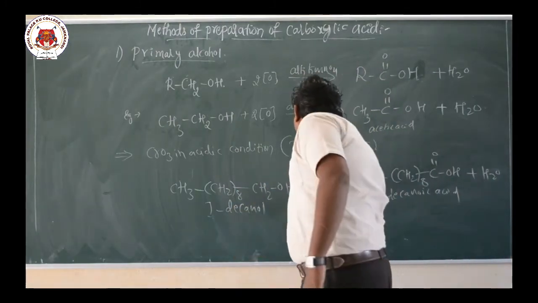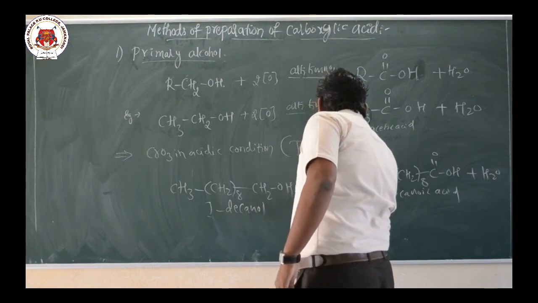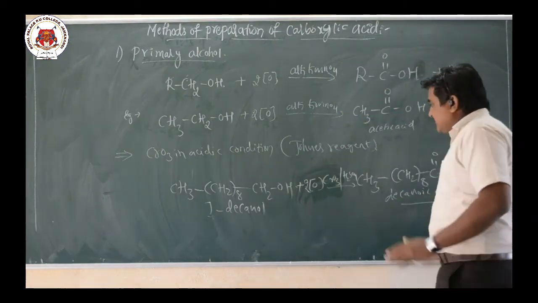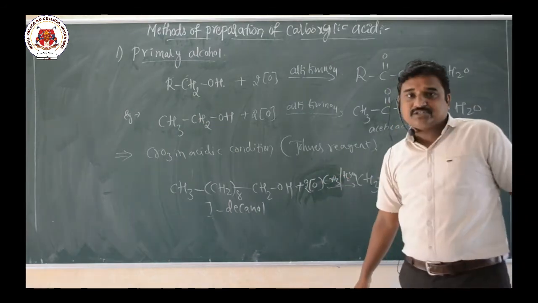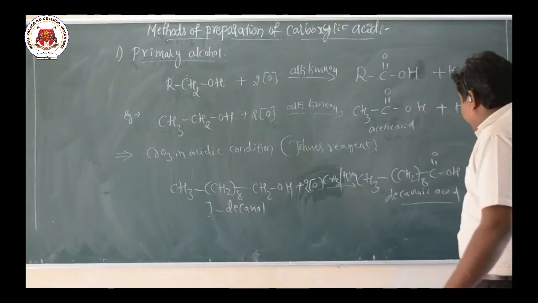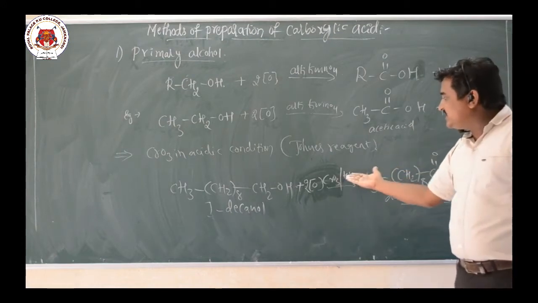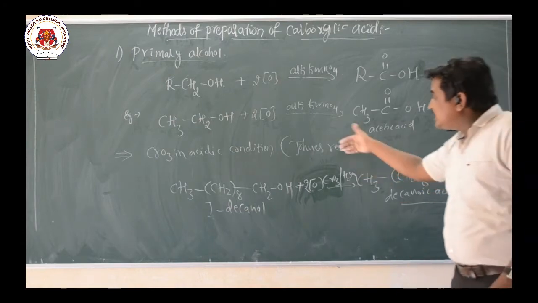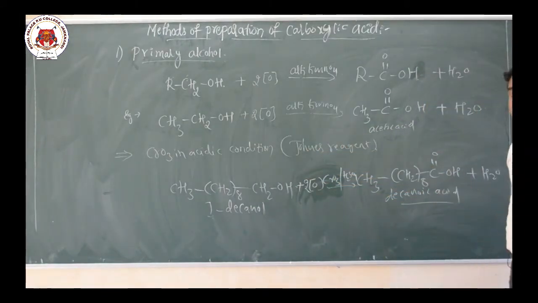So this is the oxidation reaction. Again here addition of oxygen atoms, addition of oxygen in the presence of chromium trioxide in acidic condition, that gives what here? Decanoic acid. Same thing here, because this is also an oxidizing agent. So here addition of oxygen takes place, and alcohol is converted into what here? Acid group. 1-decanol is converted to decanoic acid in presence of an oxidizing agent like chromium trioxide in acidic condition. So that is called Jones reagent. Oxidation takes place, addition of oxygen takes place. So alcohol is converted into what here? Acid group.